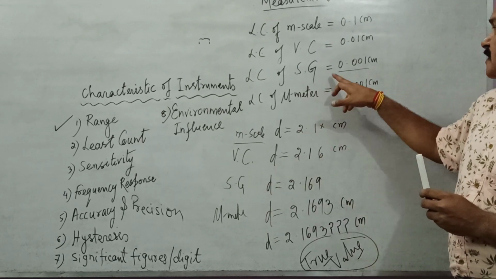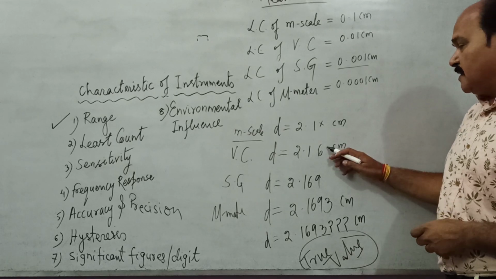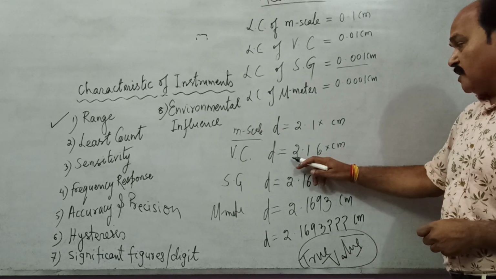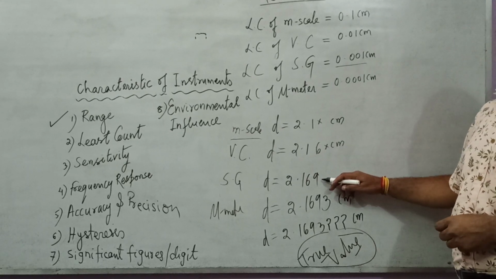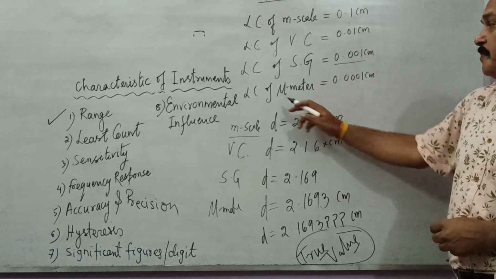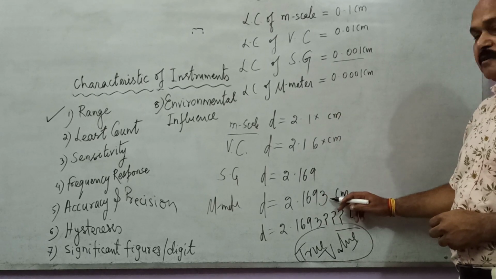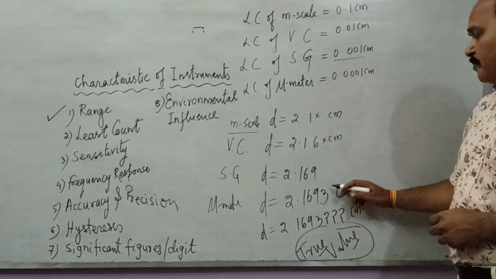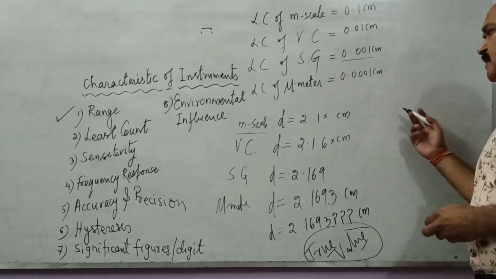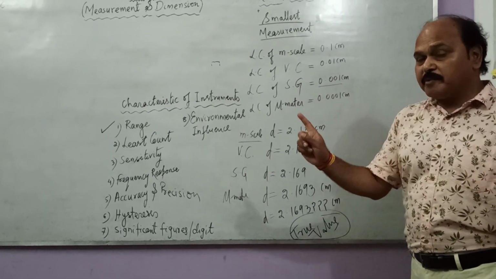you can see the screw gauge can measure up to 3 places beyond the decimal. So what will happen? Even the digit here, which is not revealed here, would be revealed. Say that is 9. We will know the third digit also. And if we make the same measurement with the help of a micrometer, we will know even the fourth digit. So the process of knowing the next digit is a never-ending, non-terminating process.